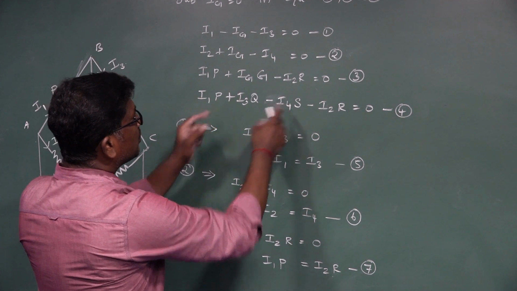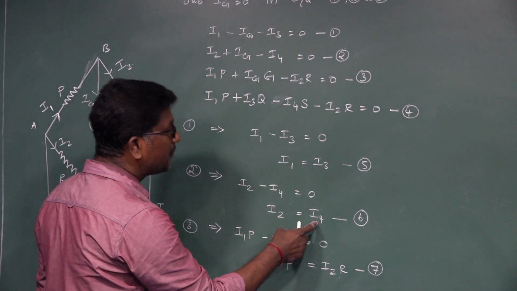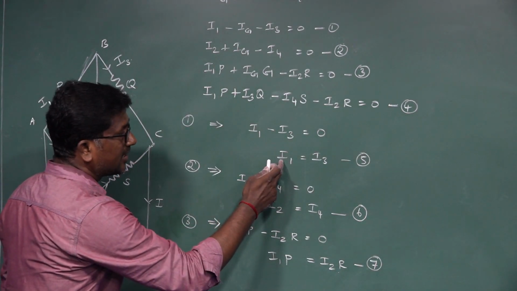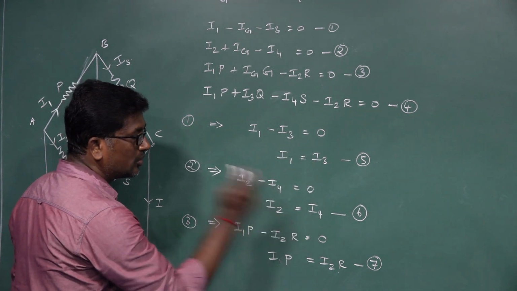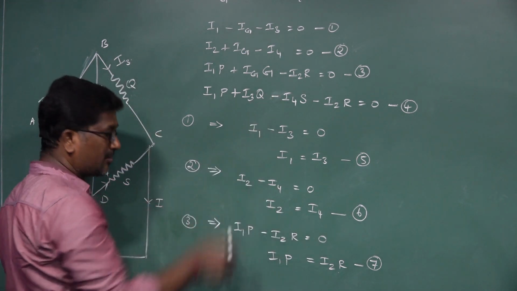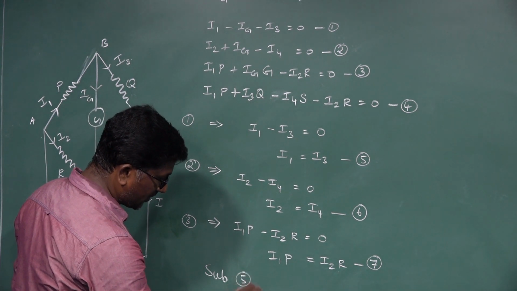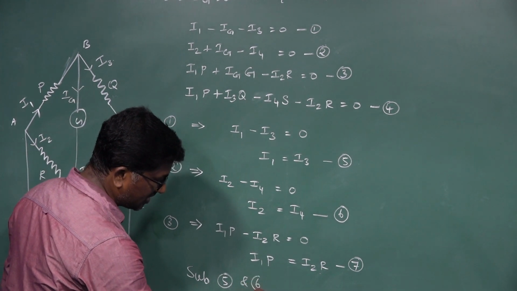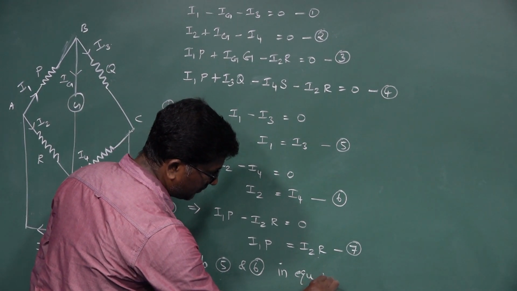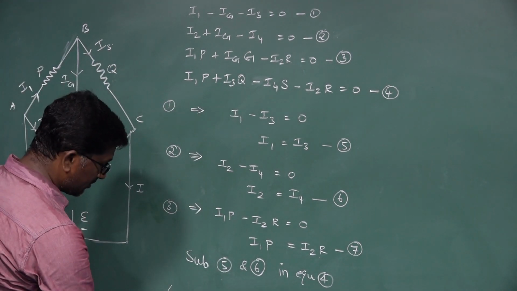Here substitute I1 equal to I3 and I2 equal to I4 in equation number 4. Okay, listen. Substitute I3 equal to I1, I4 equal to I2 in equation number 4. Substitute equation number 5 and equation number 6 in equation number 4. Then equation number 4 becomes,